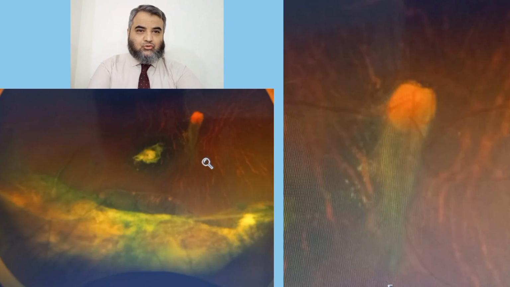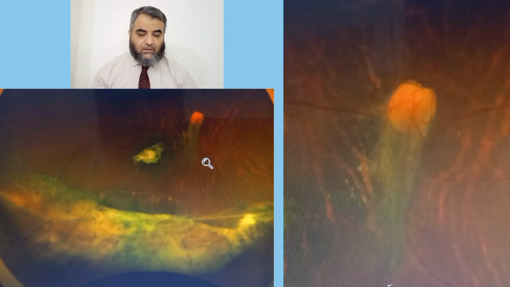But this patient who presented to me had both types of features, so I thought it very beneficial for my audience. Let's have a look at this first fundus photograph. Here we can see that the patient has macular scarring in the right eye. Along with this, there are inferiorly retinal traction membranes. These fibrous and fibrovascular traction membranes are exerting traction on the retina, and these lead to retinal